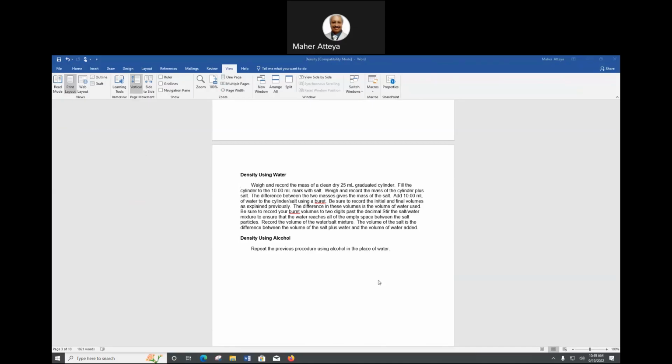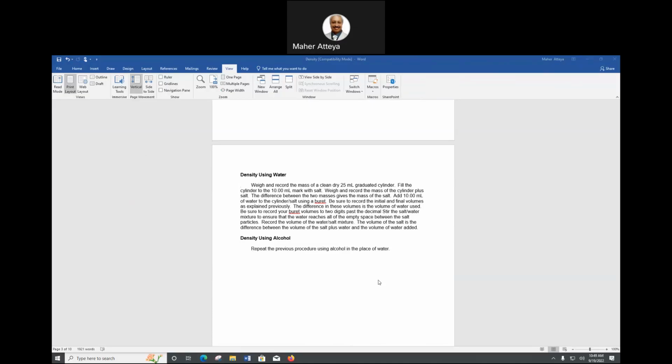If you start mixing, then some of the salt will what? Disappear in H2O. So keep it as is. Don't mix it. The salt will physically react with the water and dissolve. Keep it as is and see the difference, the displacement, final minus initial